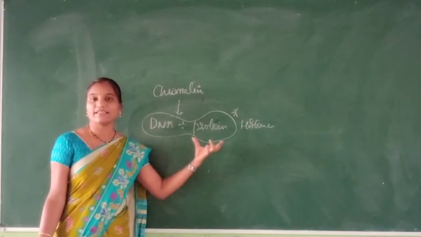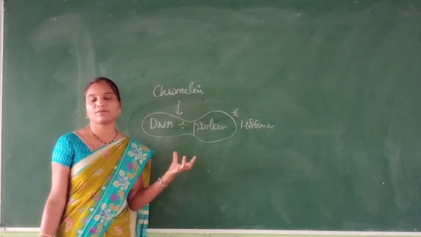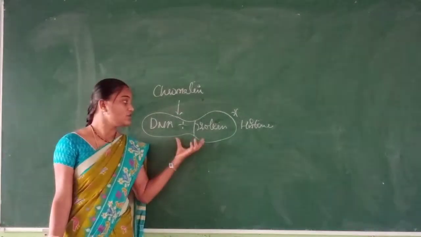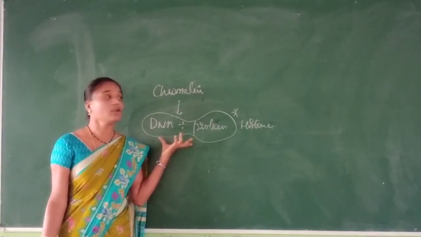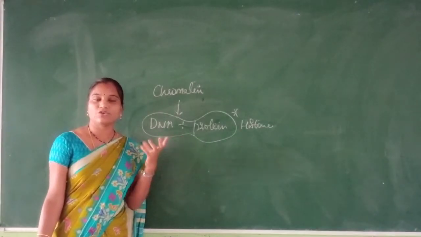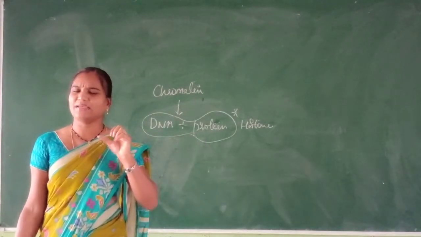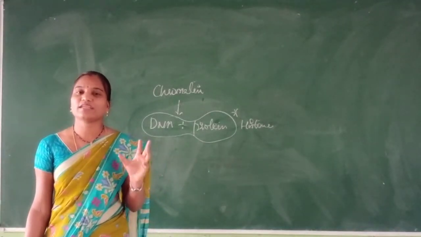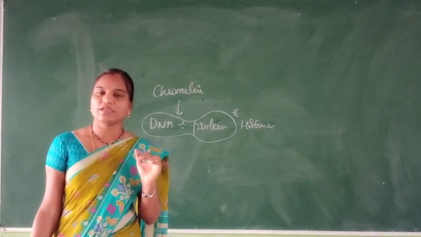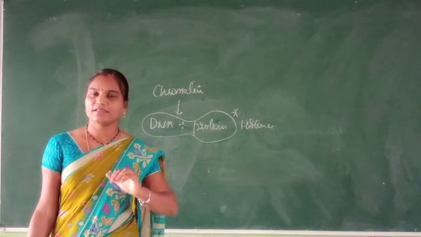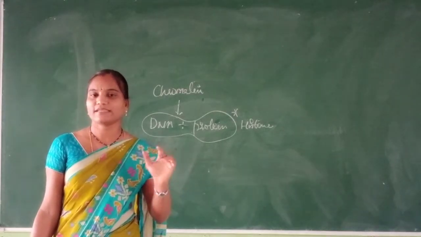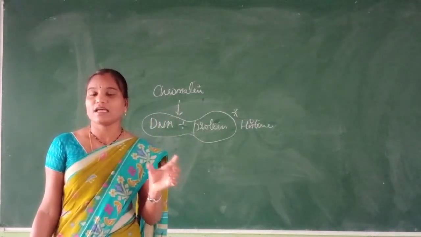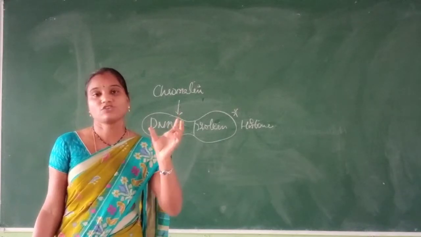Why are histone proteins positively charged? Because of the presence of basic amino acids: arginine, lysine and histidine. So this combination is your chromatin. In eukaryotes, the DNA is completely supercoiled. I am not saying that in prokaryotes it is not coiled, but it is very condensed when compared to prokaryotes. In eukaryotes, it has a separate room: the DNA is present in a chromosome. The chromosome is a thread-like structure where genes are present, and the DNA is present in a thread-like structure in the chromosome.